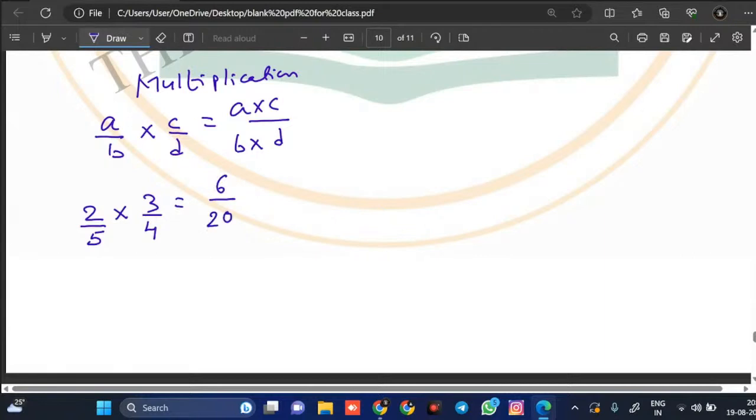ठीक है, और कोई number ले लेते हैं, चलो mixed fraction उठा लेते हैं। 3 1/5 multiply by 2 1/3, ये numbers उठा लेते हैं। 3 1/5, 5 3 जा 15 और 1 16, तो ये हो गया 16/5 multiply by 3 2 जा 6 और 1 7, ये हो गया 7/3। तो now next number is 16 7 जा, तो ये शायद मैंने आपको tricks में बताया था। 10 7 जा 70, 7 6 जा 42, 70 40 110, तो ये आ जाएगा 112 divided by 5 3 जा 15। This is the answer for this।